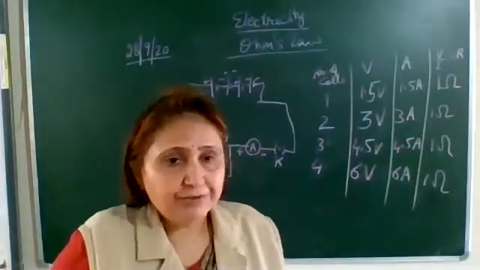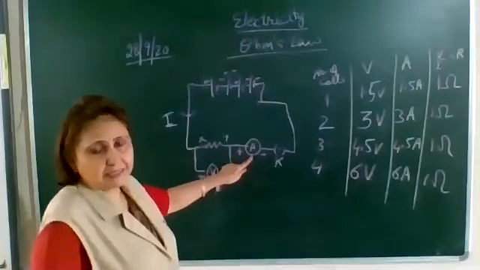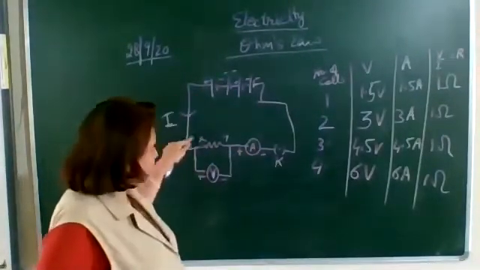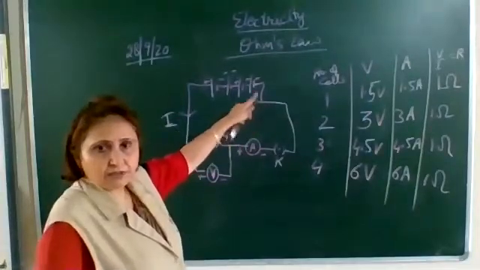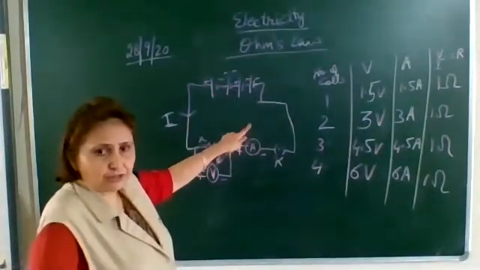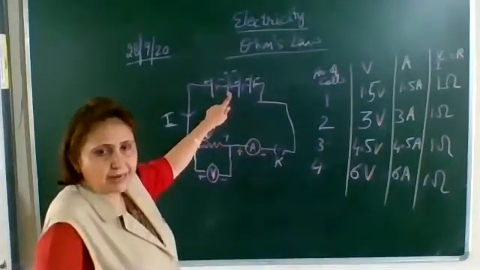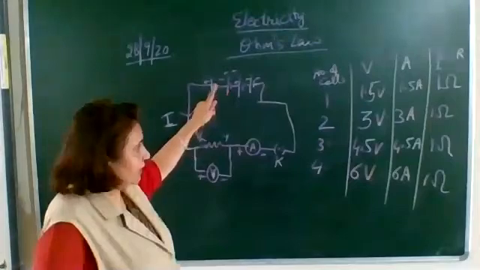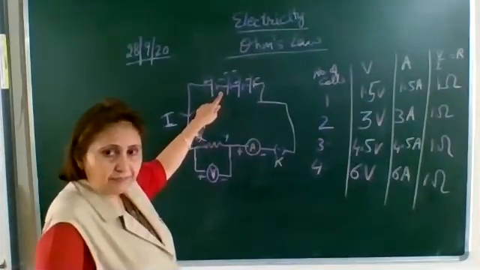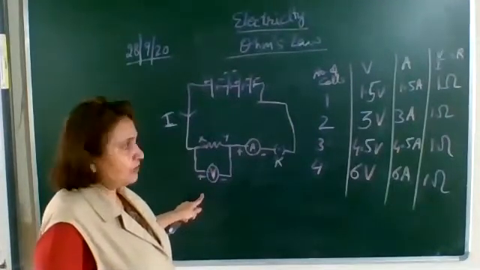In the lab, you have to perform this experiment. You have to note down the voltmeter and the ammeter readings by making this circuit. These are the connecting wires. This is the cell or the battery. In the lab, you will be given a rheostat, which you will connect in series only. Only one battery will be given to you. Keeping this V same, I could be changed and so the potential difference across the XY wire will also change.